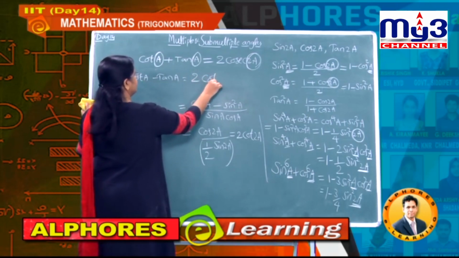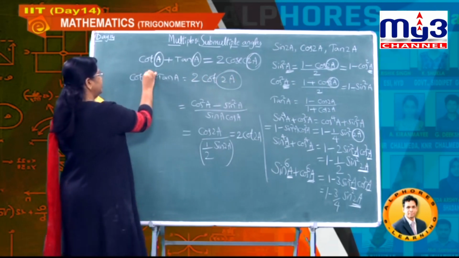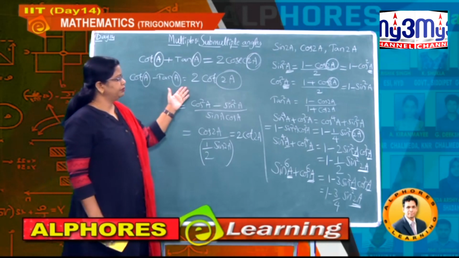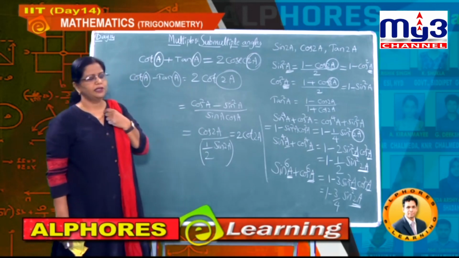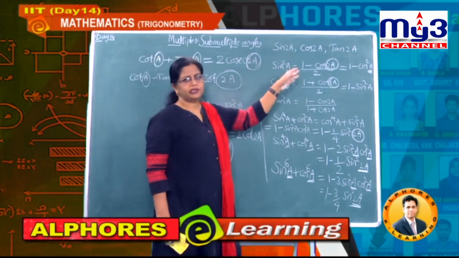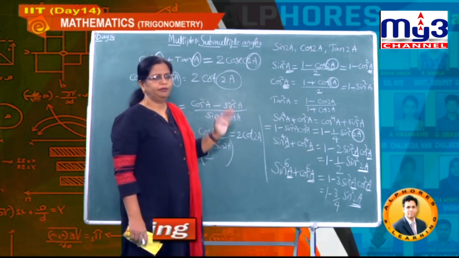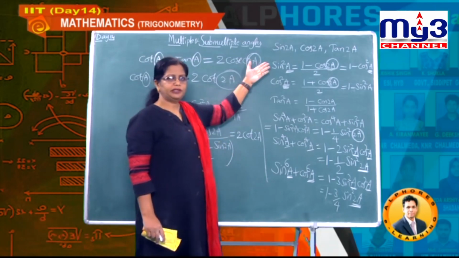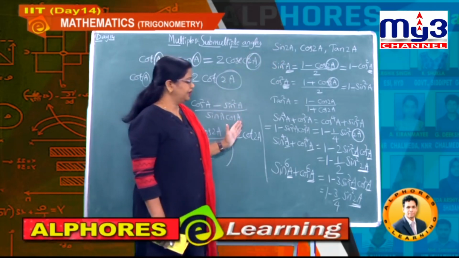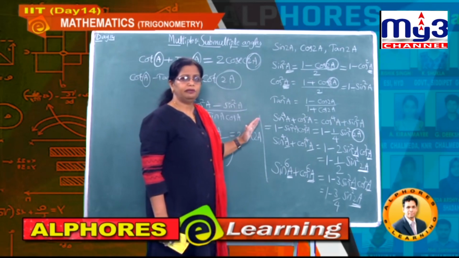So these are another deduction. Again here the angle is A, and these are here 2A. So these are few formulae which we have discussed. For all of them, the basic formulae are nothing but sin 2A, cos 2A, tan 2A. These are the basic formulae. Whatever deduction you are doing, those deductions are completely based on these formulae only. So nothing to worry about all those. I am telling you again, just practice, and then you will feel very easy.